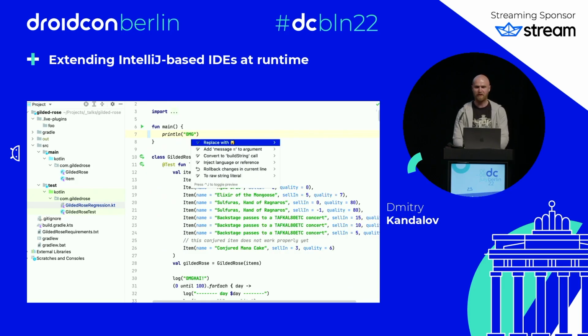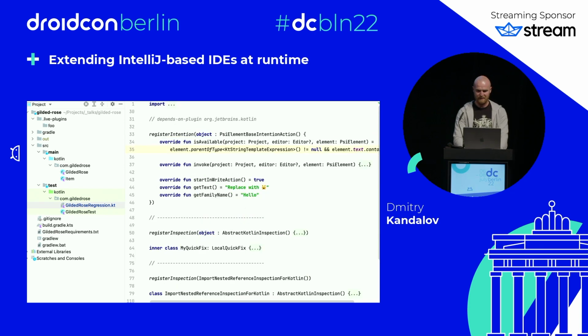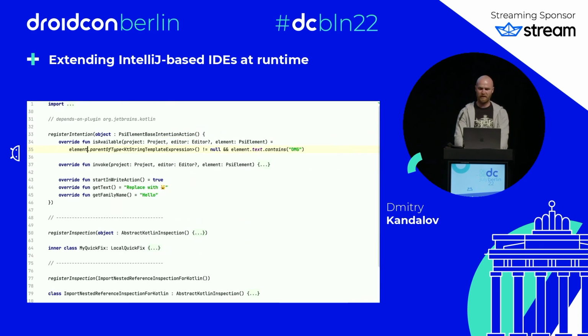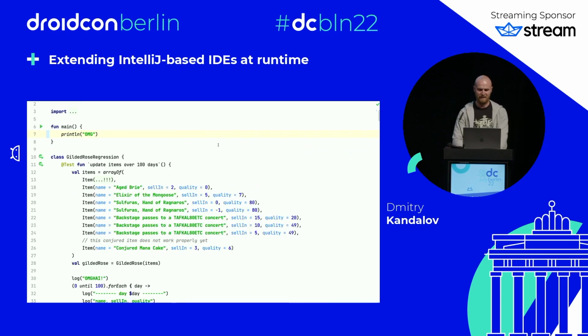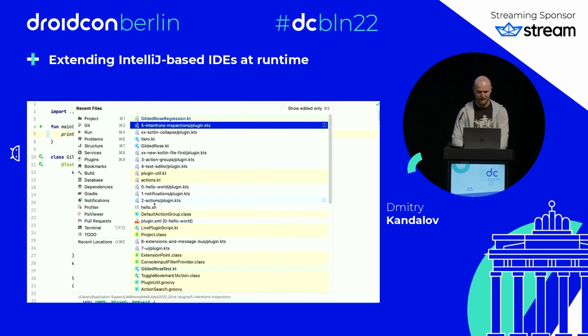If I do OMG now, it has this action replaced with cat. So if I do it, it does replace it with the cat. And so there is obviously a question like, well, how did you know how to type all these things? And the simplest answer is that I don't,